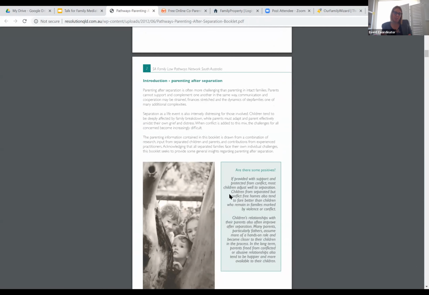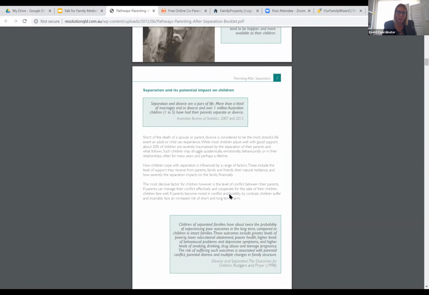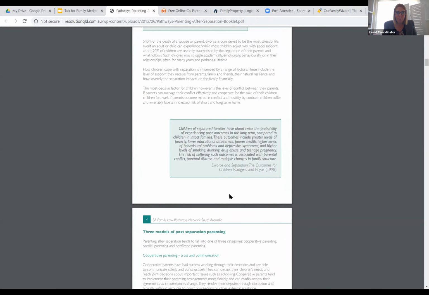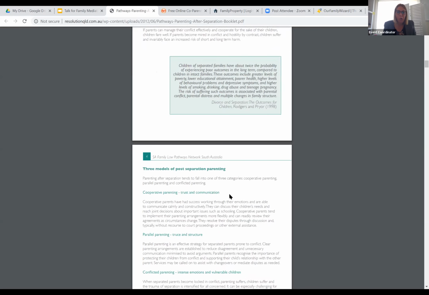The research suggests that it's not necessarily separation itself that's so harmful for children, but that it is the ongoing exposure to violence and conflict that has a real negative impact on the children, not just now, but into the future. So it's really important to look at how can you effectively co-parent.